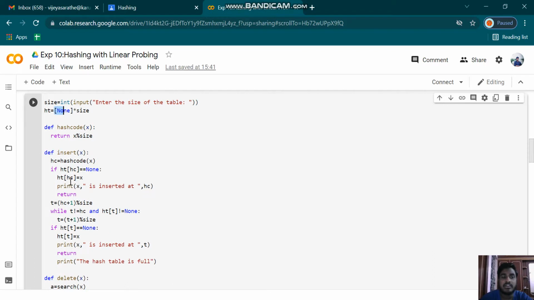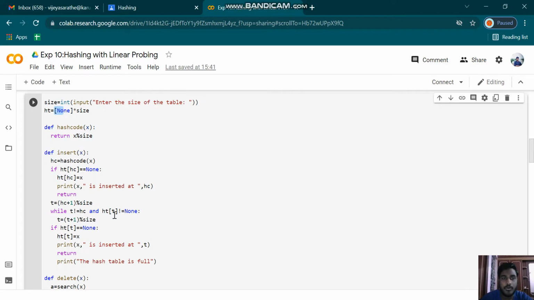Then the insert function. HC is the hash code. HC is equal to the hash code of x. Print x is inserted at the hash code. If the slot is empty, we can directly insert the element.